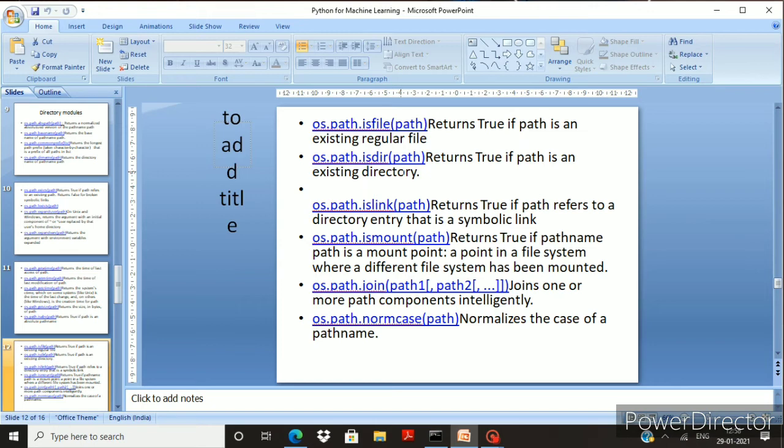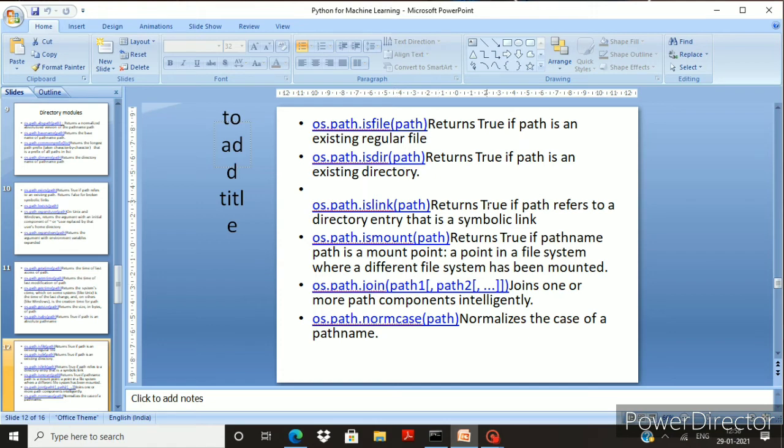That is why I have already mentioned that you should use the particular path that you have used inside your system. You should not use another dummy directory or dummy path name, because if you use the original, existing path, then you can get the result as true.